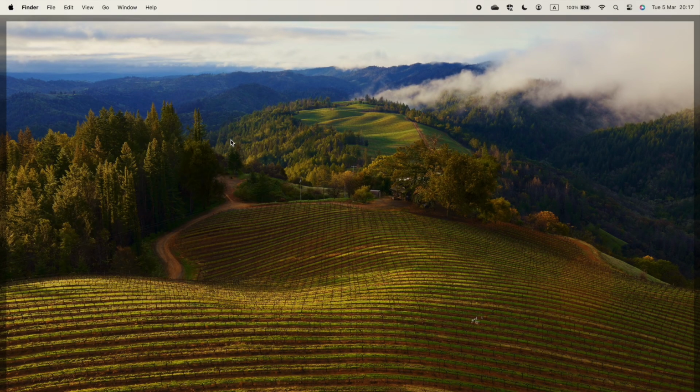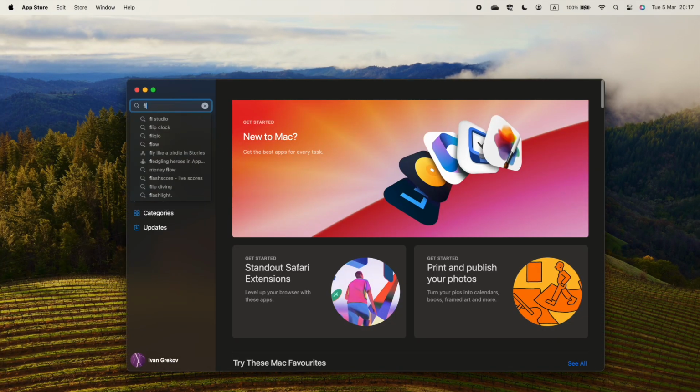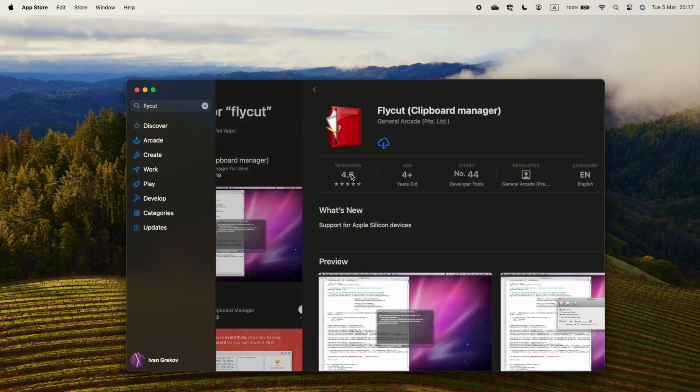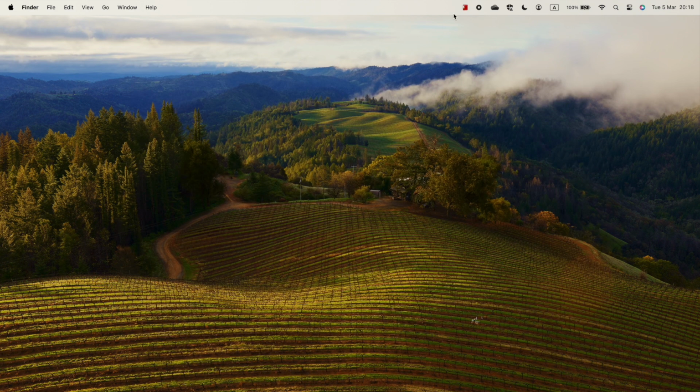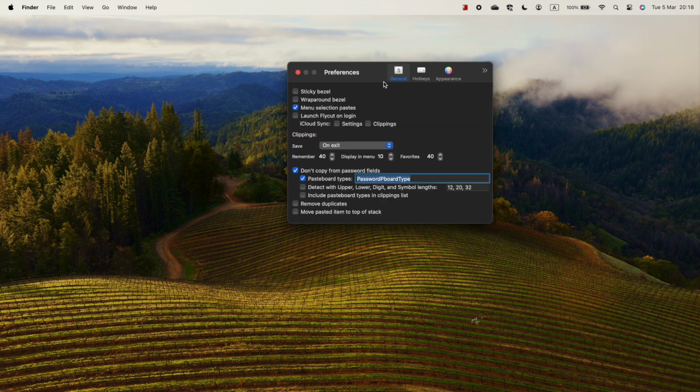Exactly for such cases, an application like Flycut Clipboard Manager can come in handy. The application is absolutely free, and it's quite easy to find it in the App Store. From the moment you install this app, you can copy as many entities as you want in the same way